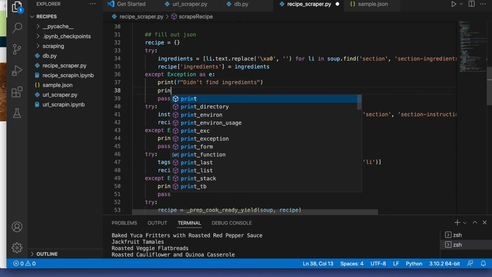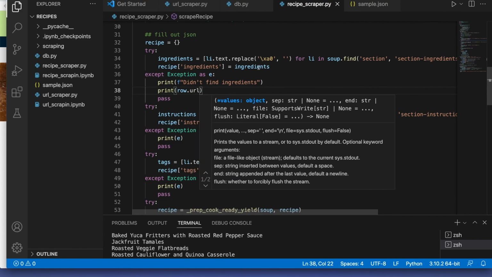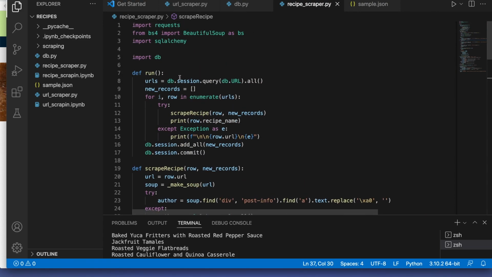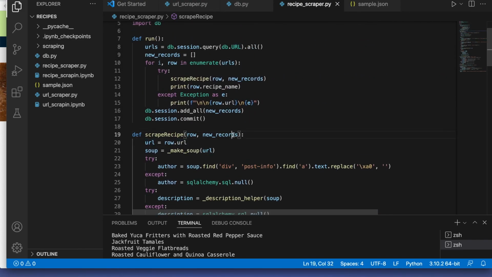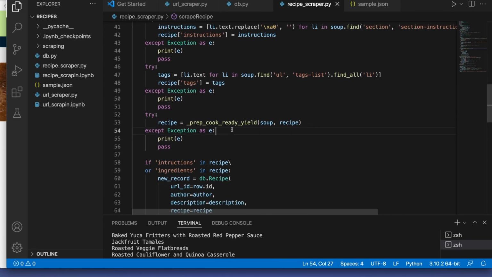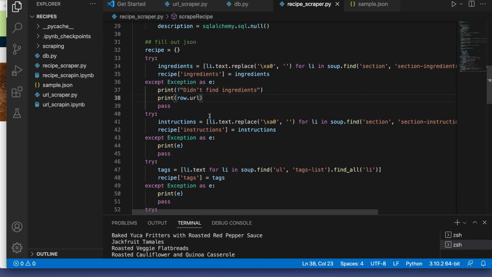And then we'll just print, do we have the row object URL? Yeah, we have the row. We are still doing the new records deal. Okay, so we have the row URL. Didn't find ingredients, print row URL. Okay, so we'll just keep doing that,